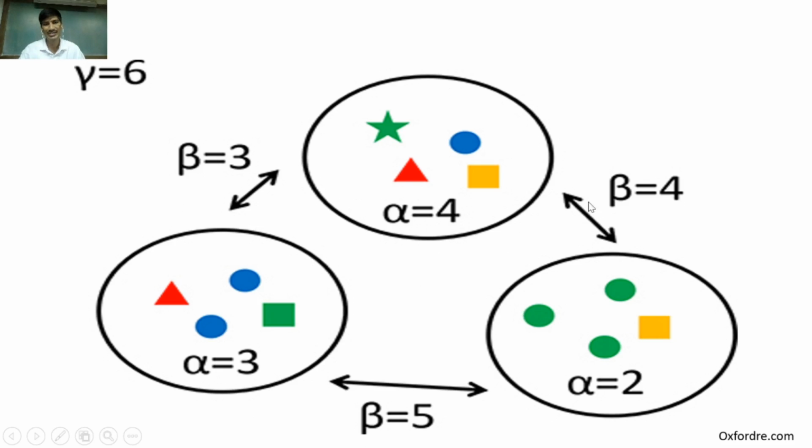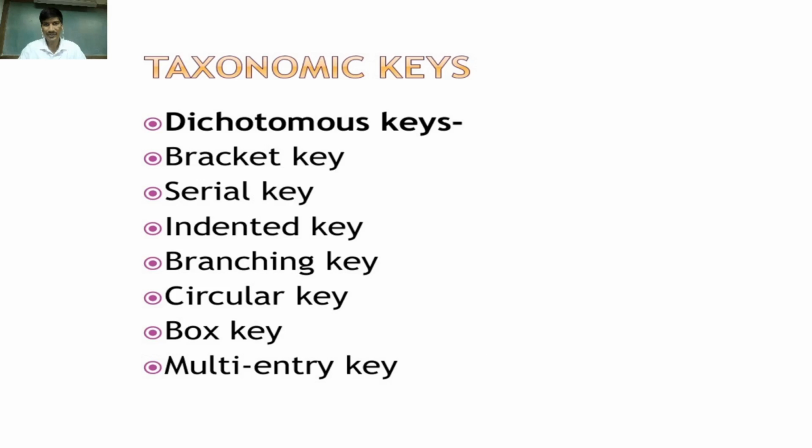of these 3 sites, the turnover number of these 3 sites, is 6. And this is the level of taxonomy. We have gone through the levels of taxonomy: alpha taxonomy, then beta taxonomy, and gamma taxonomy. Then we go through the next part, the second part of our study lecture.